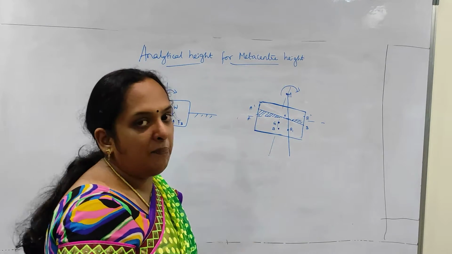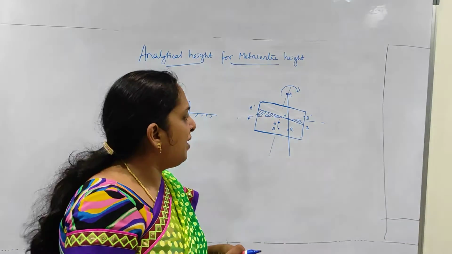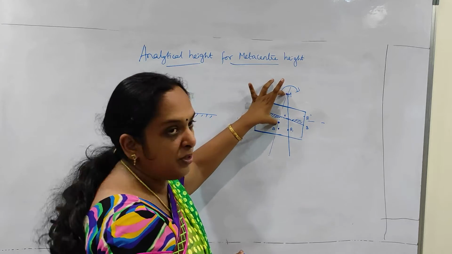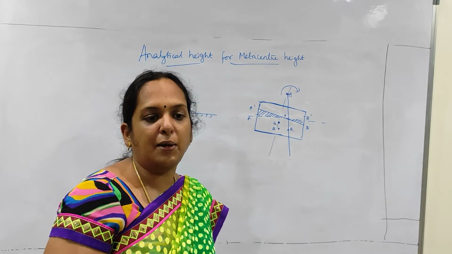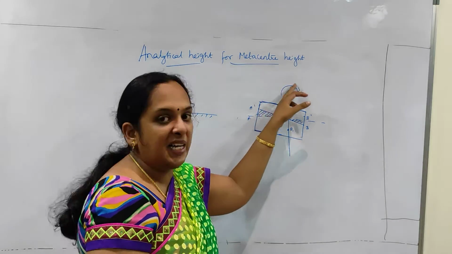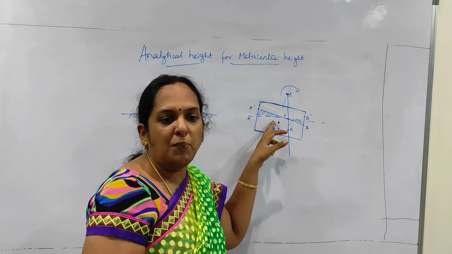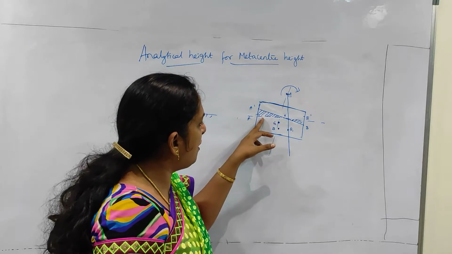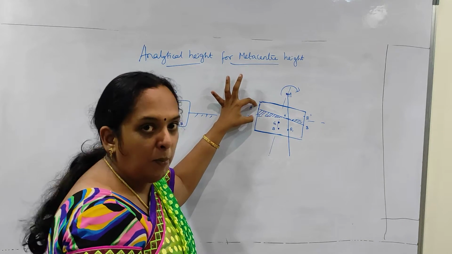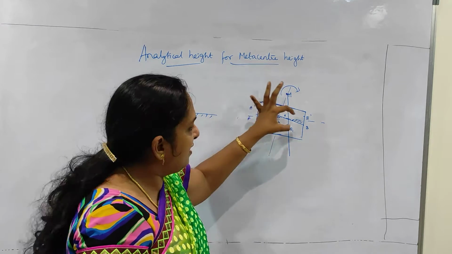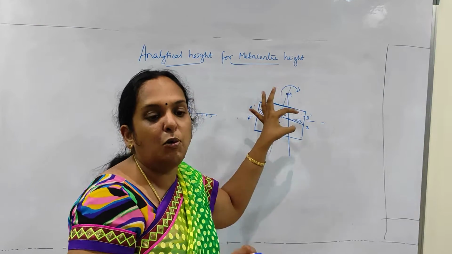Okay. So from this I have to derive an expression where I will be able to find out what this GM is, that is your metacentric height. Because of this angular displacement in the clockwise direction, a wedge-shaped prism is formed on both sides. This prism is above the water on the left-hand side, and this prism is below the water.